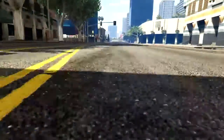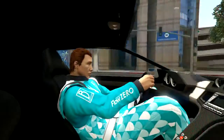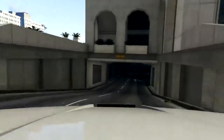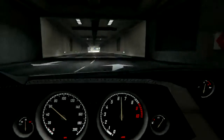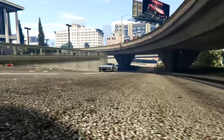It's not the easiest thing to slide on all that grip, but when it does slide, it is very nice. I like how this drives. And then you get the speed! Look at all the speed! Oh, tunnel. Let's hear that V12 roar! Boom, 9,000. And slow down for the corner. Let's go around here and...